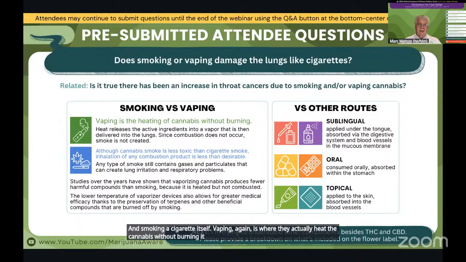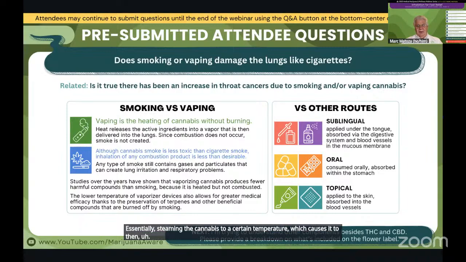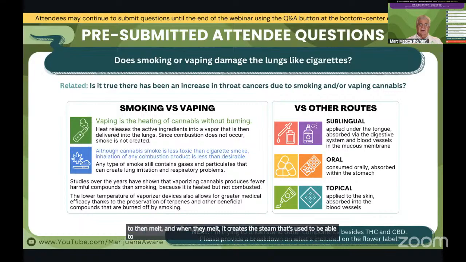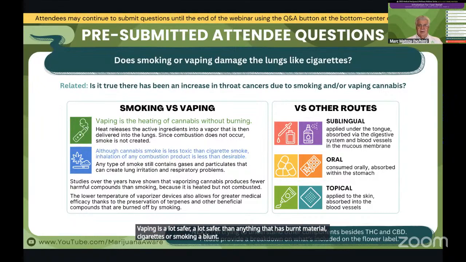What they're doing with vaping is essentially steaming the cannabis to a certain temperature, which causes it to then melt. And when it melts, it produces the steam that's used to inhale, and that's how you use the vaping products themselves. Vaping is a lot safer than anything that has burnt material, cigarettes or smoking a blunt. So the answer to your question is